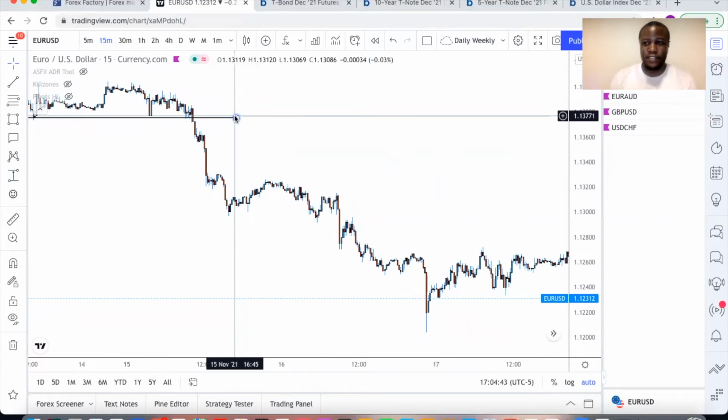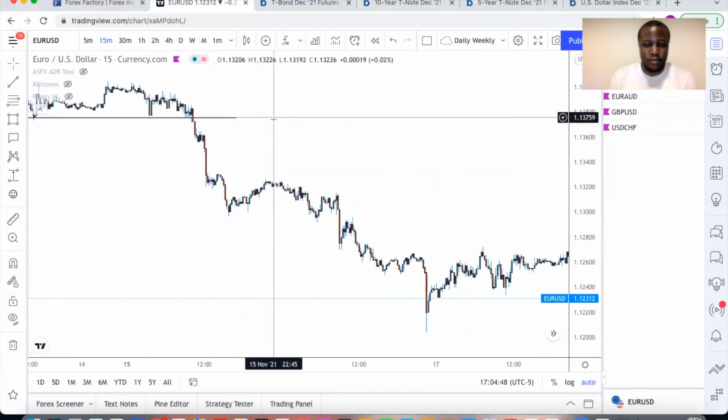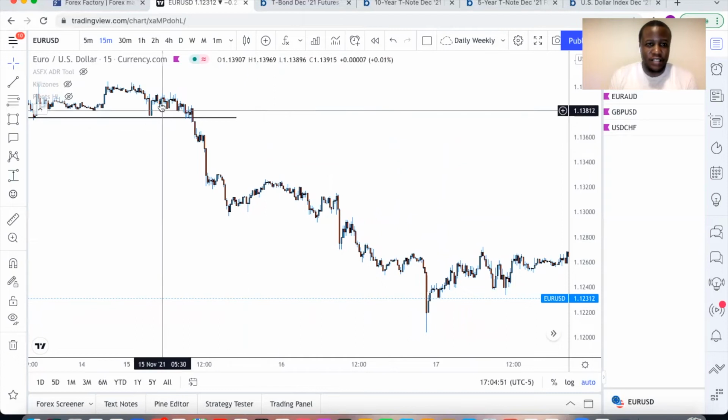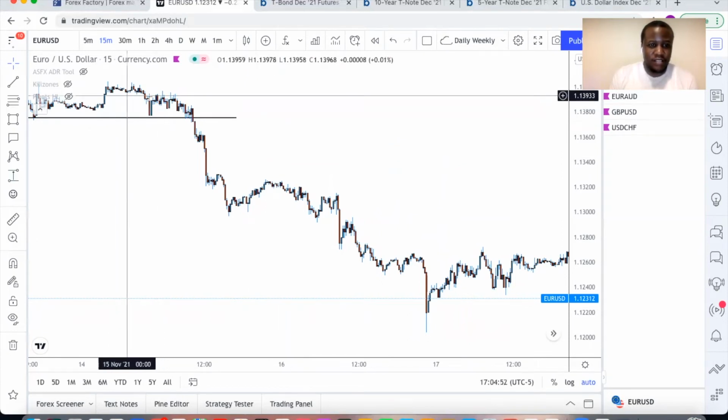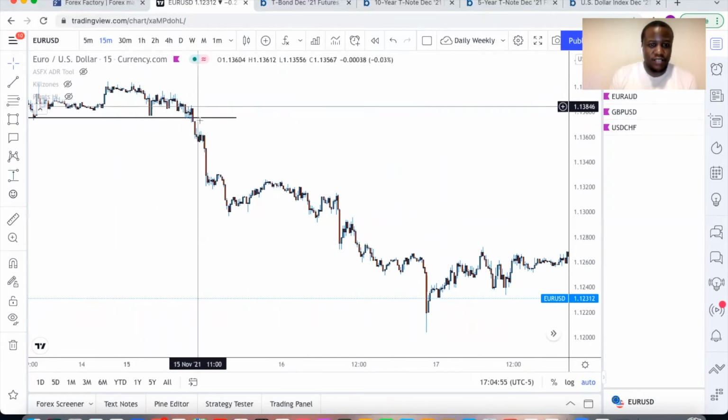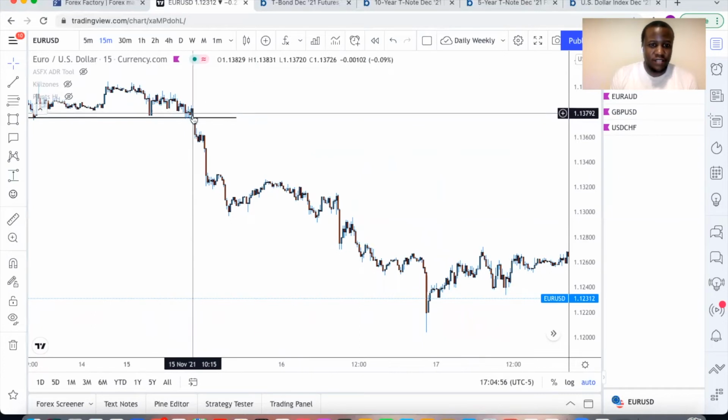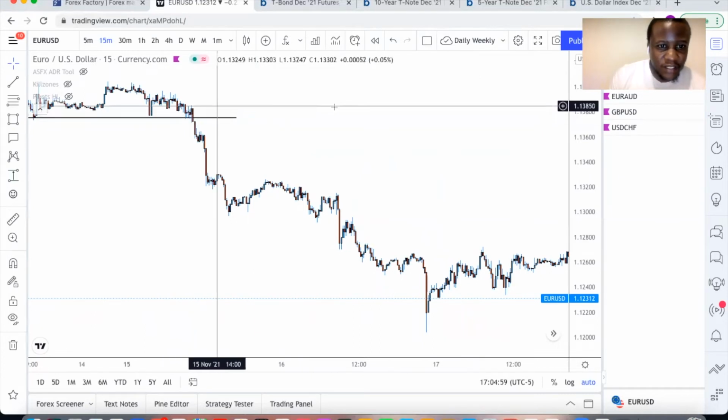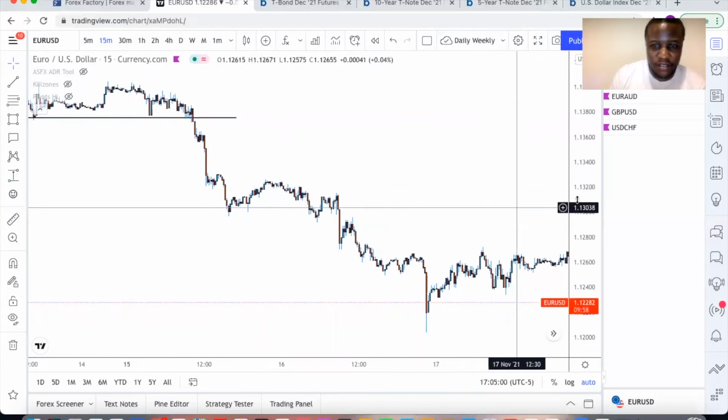You're not forced in the trade. You only trade it when you see this, when you see the pullback, and you can get in within the trade. So there's a little retracement right here, actually, but